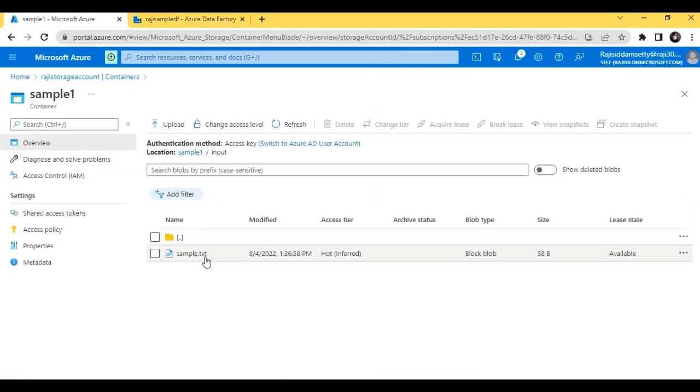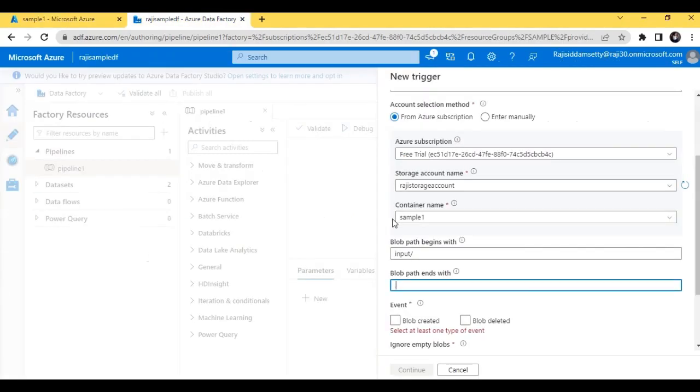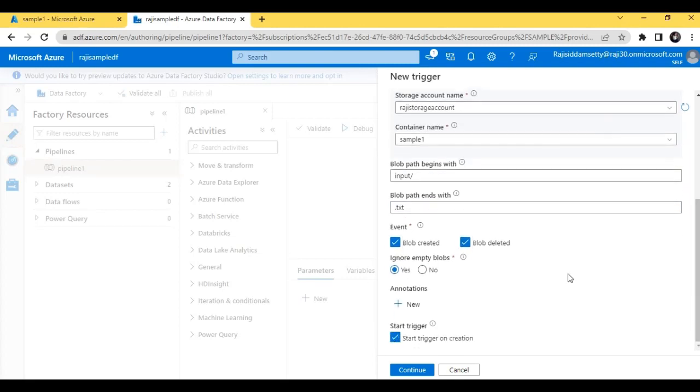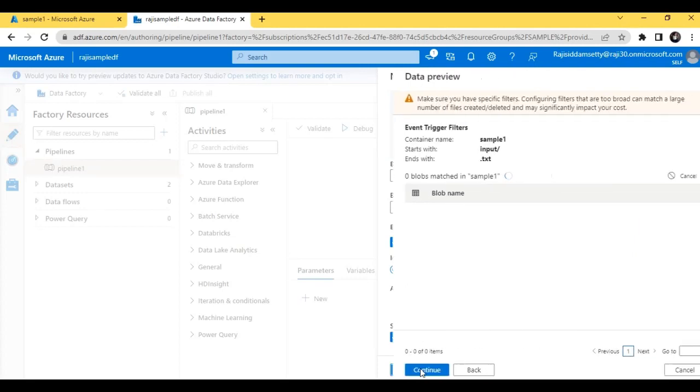We have to type this in here, dot txt. We can select the events blob created and blob deleted. Ignore empty blobs. Now you can select continue.